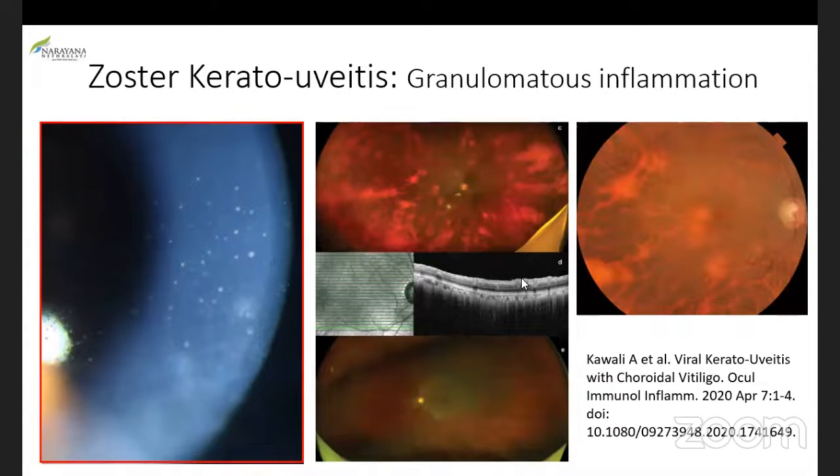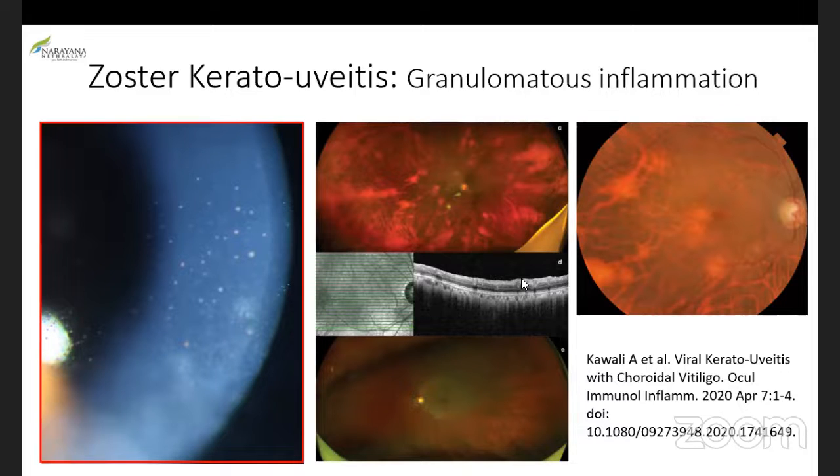Granulomatous uveitis sometimes can have large KPs, but they can be pigmented and can be associated with keratitis as well. So in this case, the patient had herpes zoster ophthalmicus and keratouveitis. But if you notice, the patient has not only anterior segment findings, but posterior segment findings as well. The patient has multiple hypopigmented choroidal lesions. If you compare with his left eye, you can obviously make out there is something wrong with the right eye.